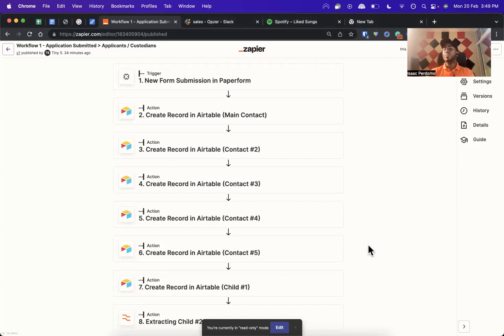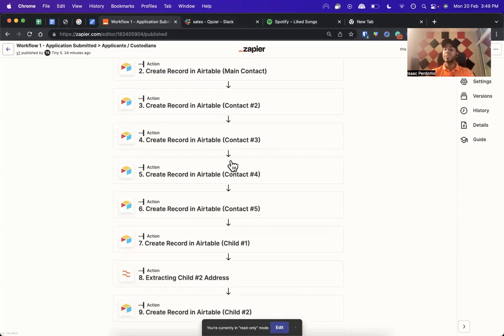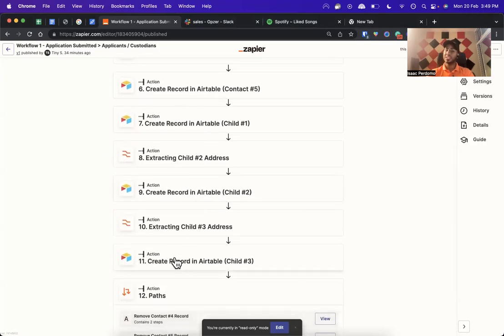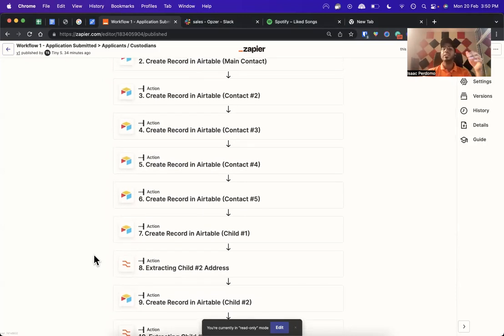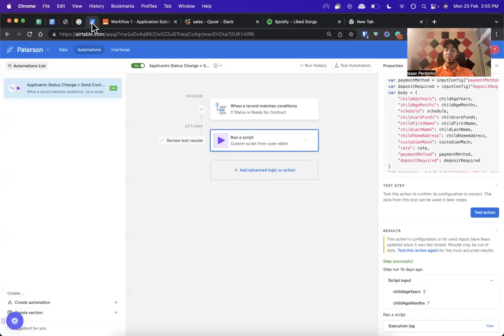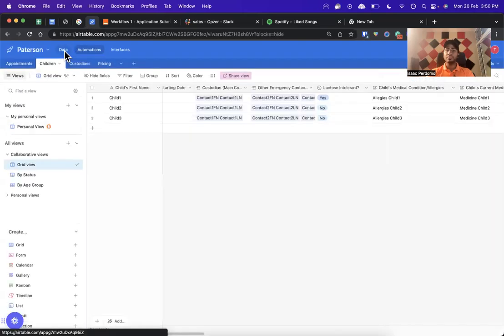And you will notice here that I'm actually creating contact number 4 and contact number 5 and child number 2 and child number 3, despite those things being potentially completely empty, right? So I'm going ahead and creating the 5 contacts and the 3 children, regardless of what comes in. What that might result in is actually